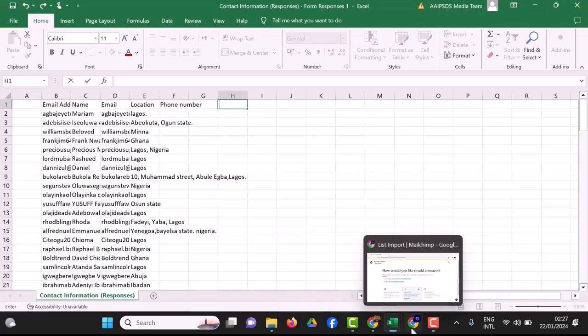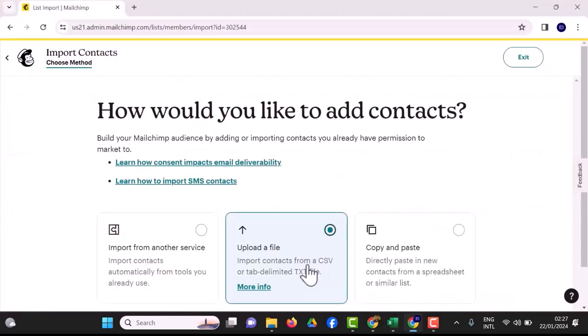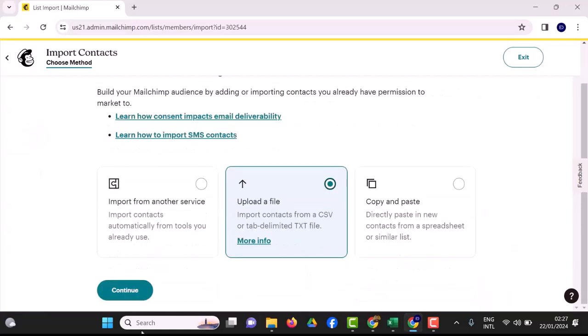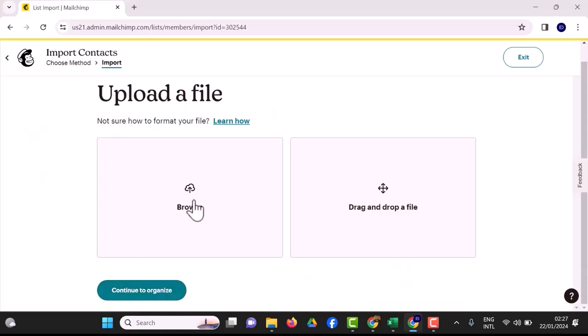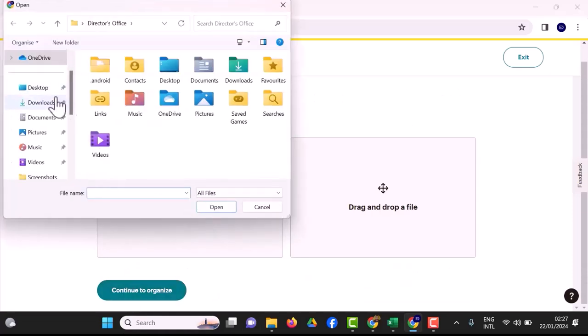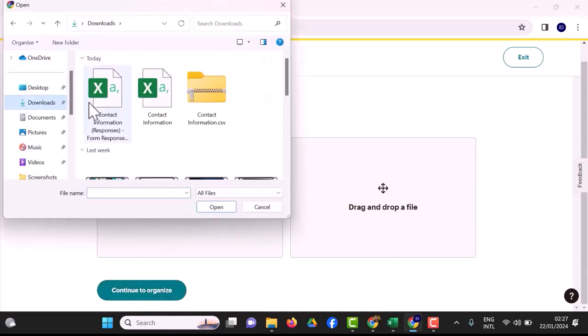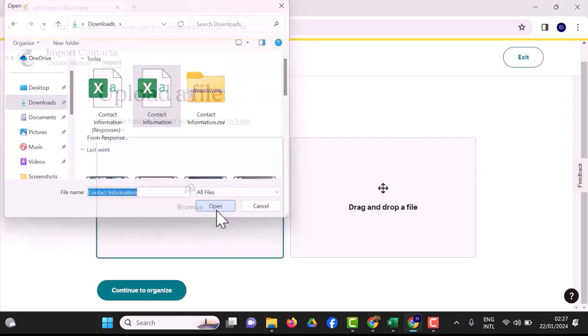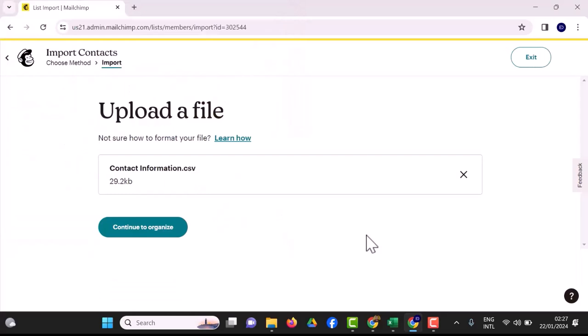I'm going to come back here and import my first CSV file. So I'm going to use the import CSV file option to do this. I'm going to continue right here and browse my file. I'm going to go to downloads, and I'm going to pick this particular contact information. I'm going to open this, and when I open this, it's imported the CSV file, and I'm going to continue to organize. Then it's going to bring me to where I'm going to update my mailing list,